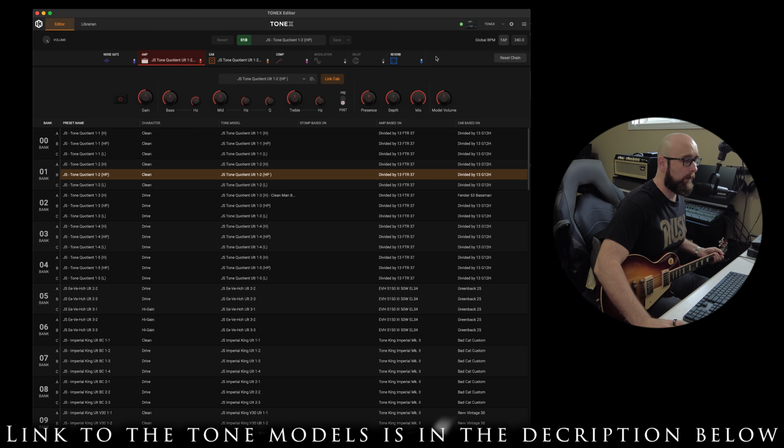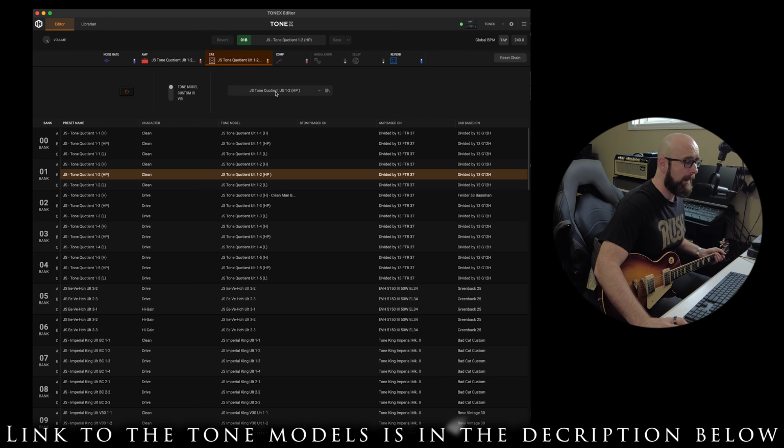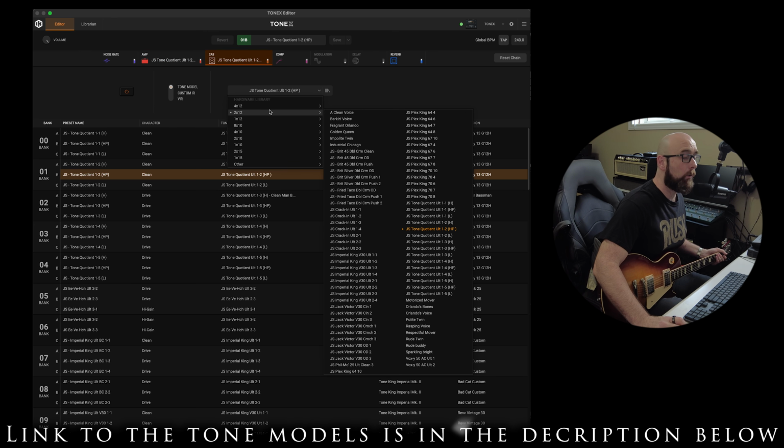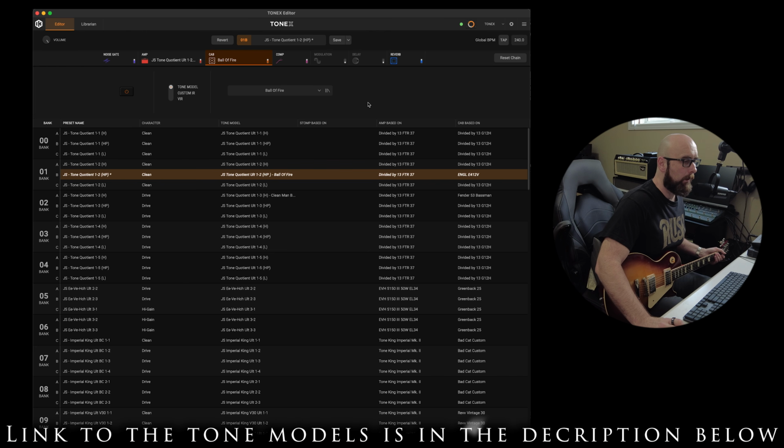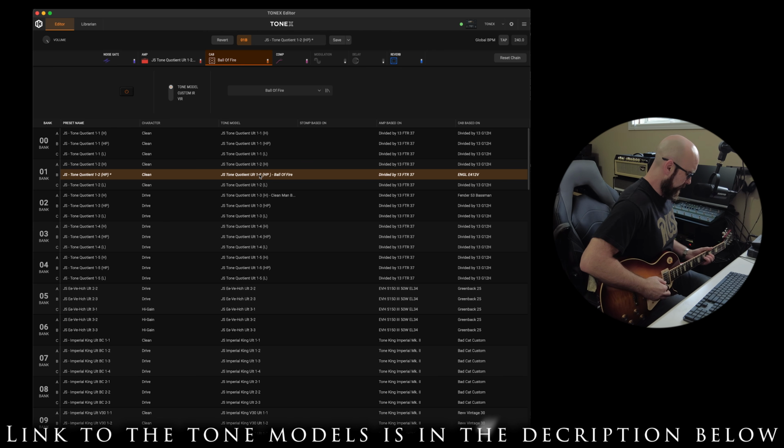Let's say I wanted to mess around with this with some of the things we were talking about, and I head over to the cab browser and I want to try this out with just some other cab that's in my hardware library. You see now that it's paired up with a different cab. I have no idea what I chose here, but